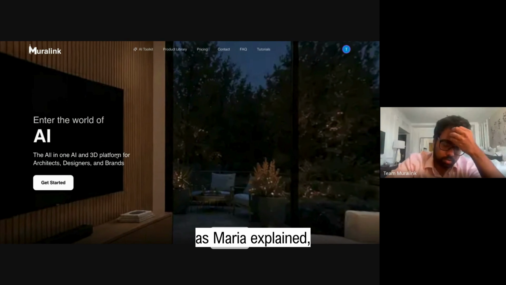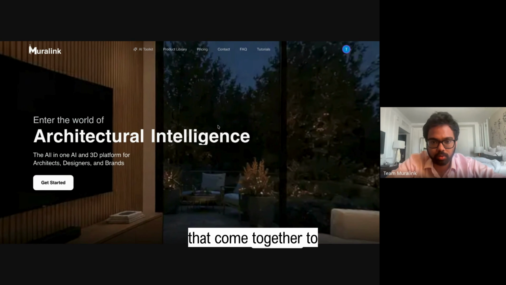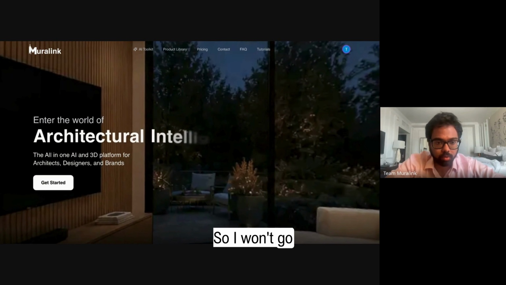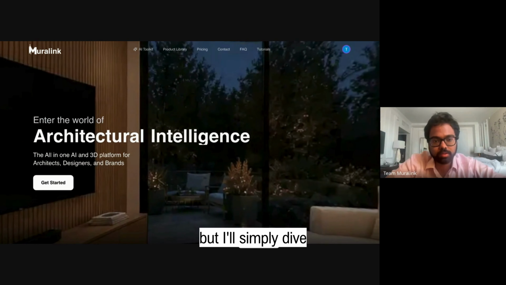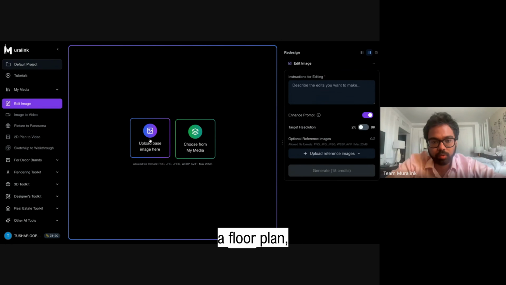Now here, as Maria explained, this is a platform where multiple tools come together to help you get more precise control. So I won't go into more introduction, but I'll simply dive into this particular use case. So let's say I have a floor plan,